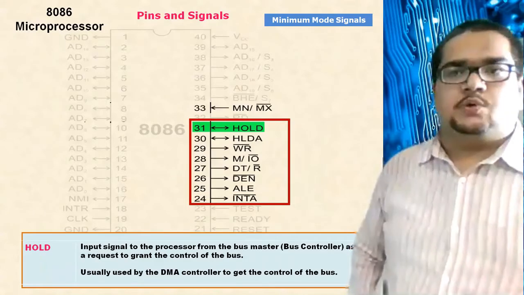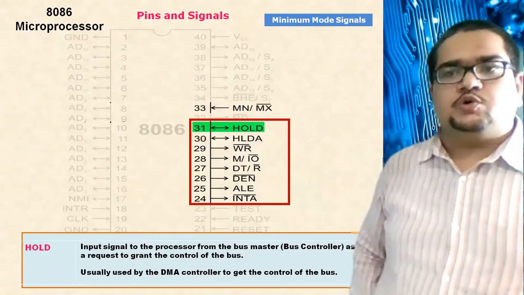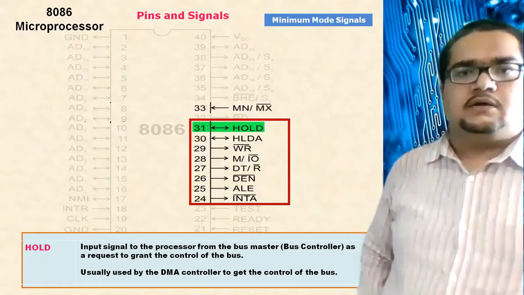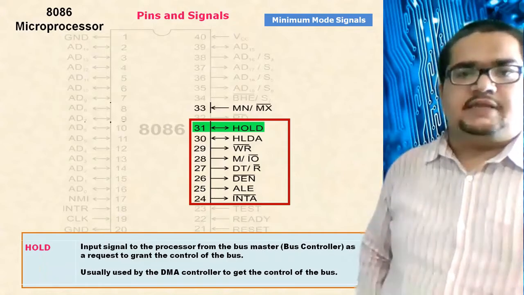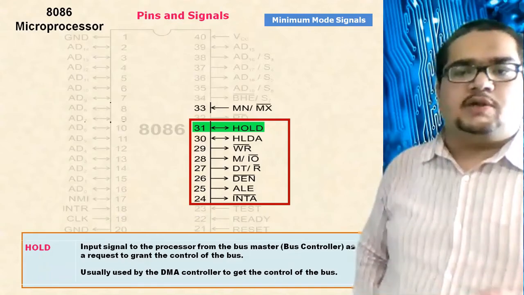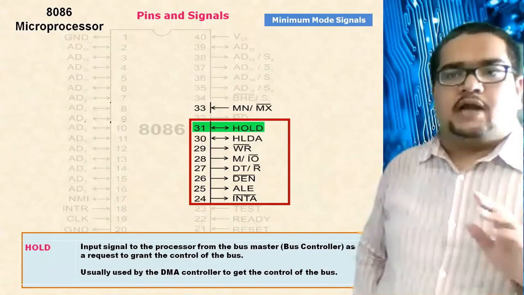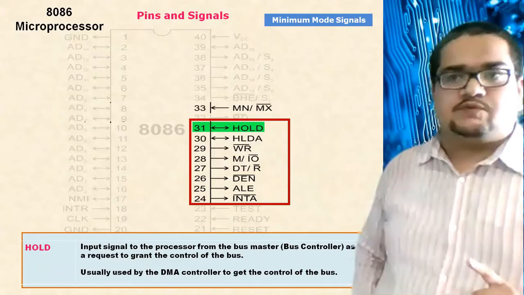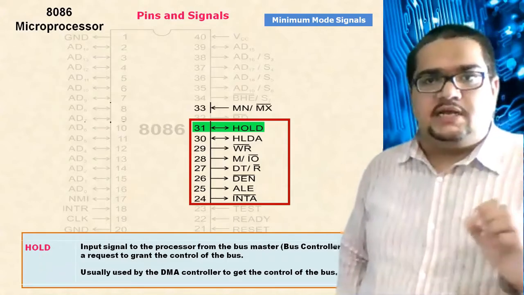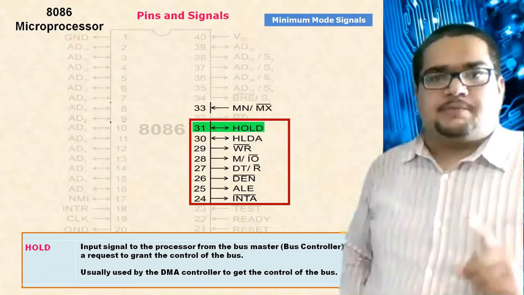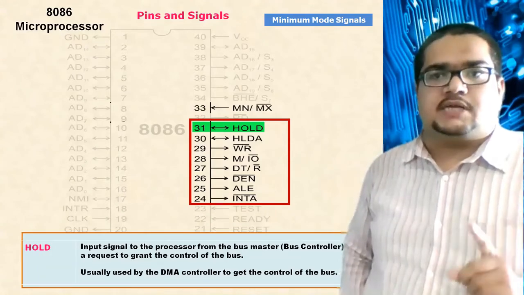After this, we have seen hold and hold acknowledgement. These two pins are used for making the processor operations easy, in a way that whenever the data communication is only going on between the IO devices and memory, the involvement of the processor is not required. So unnecessary waste of processor time and efficiency would be involved in cases where only data communication is needed between the memory and IO devices. In such cases, to bypass the processor, these two lines are used by the bus controller.